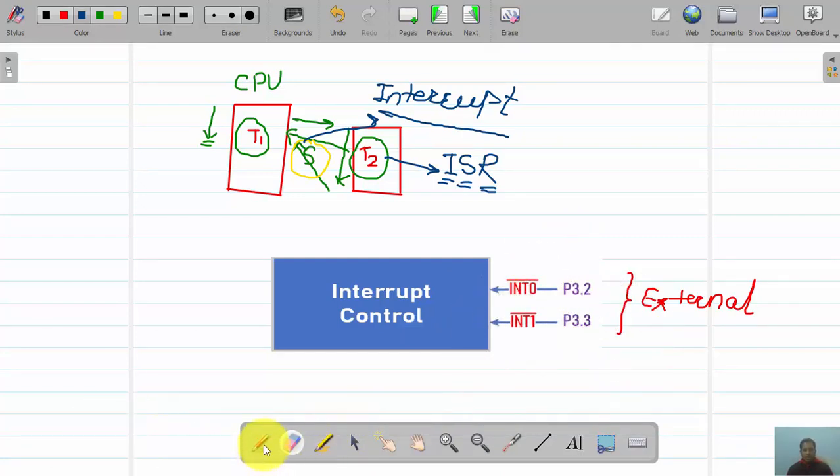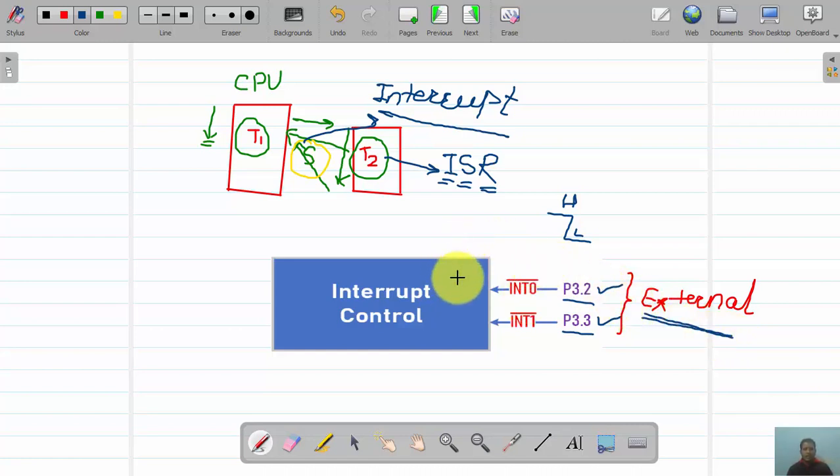To support this, we have two pins, P3.2 and P3.3. As INT0 bar is shown with a bar, these are active low signals. For example, when we enable the interrupt block of the 8051 microcontroller and any high-to-low level transition is detected on either P3.2 or P3.3, it is considered that an external hardware interrupt is generated.